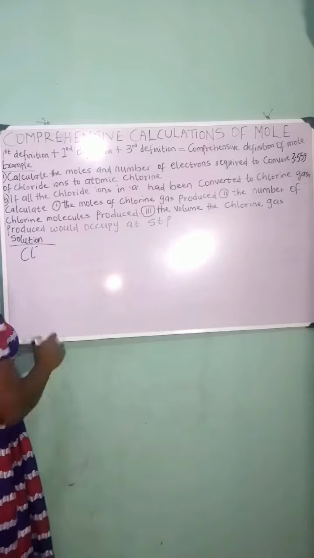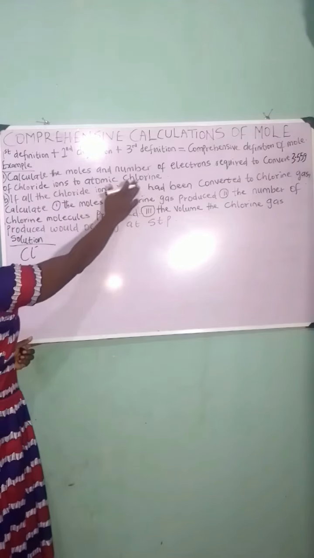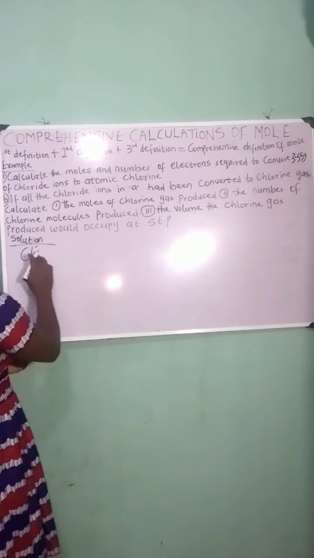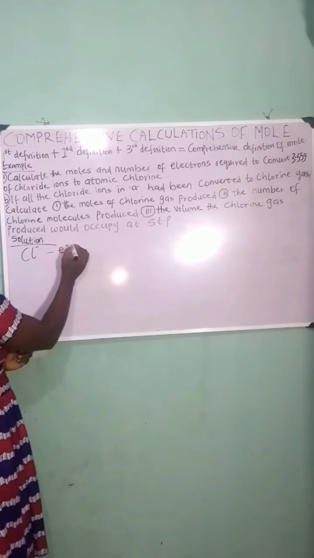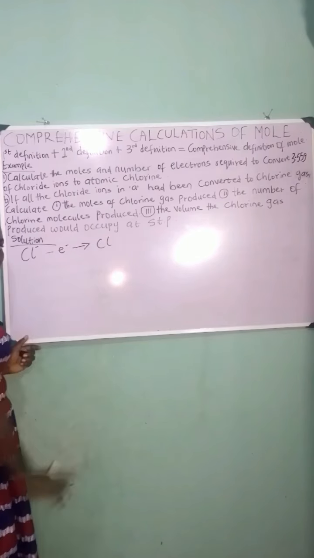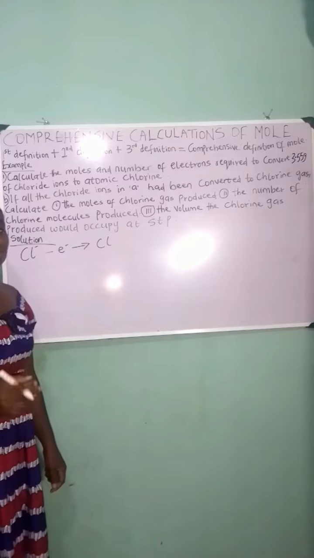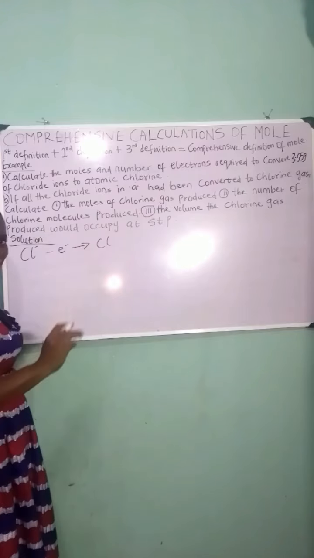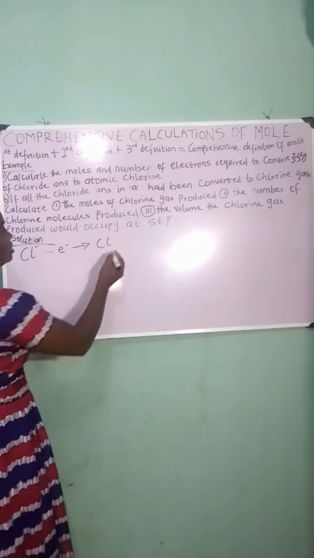Are you getting me? Now, this chloride ion is converted to what? Atomic chlorine. So this is the ion. When it loses an electron, it will fall back into its neutral state, which is atomic chlorine. They did not say gaseous chlorine, just atomic, just one. Are you getting me? If it is gaseous chlorine or chlorine gas, it would have been